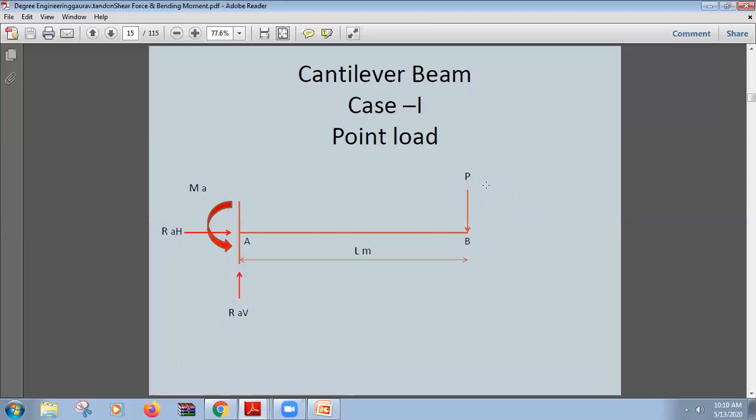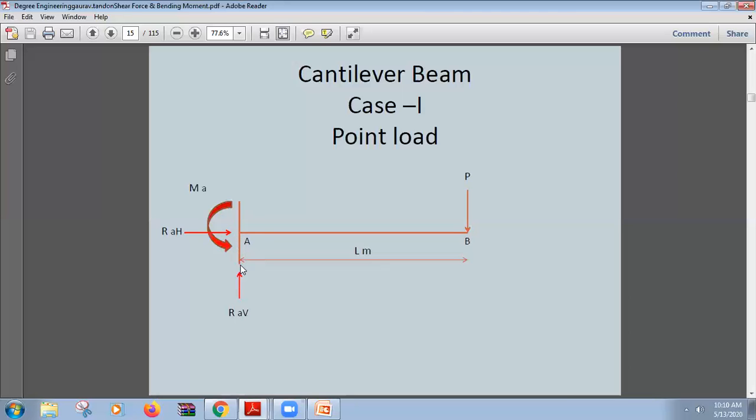So you can see we have a beam that is supported at one end and free at another end, and the length of the span is L. Then point force P is acting downwards at the free end B. A point load P is acting downwards at free end B, and there is no other load except this P, and this is supported at the fixed end, that is supported from beneath, that is reaction R_AB at